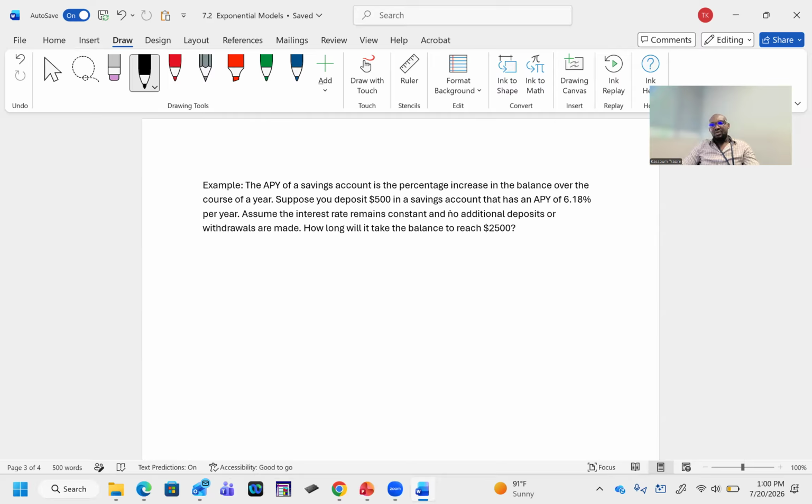Assume the interest rate remains constant and no additional deposits or withdrawals are made. How long will it take the balance to reach $2,500? So again, this part as well is college algebra. So to solve this one,